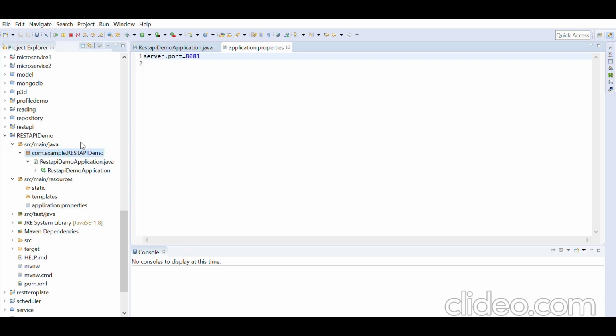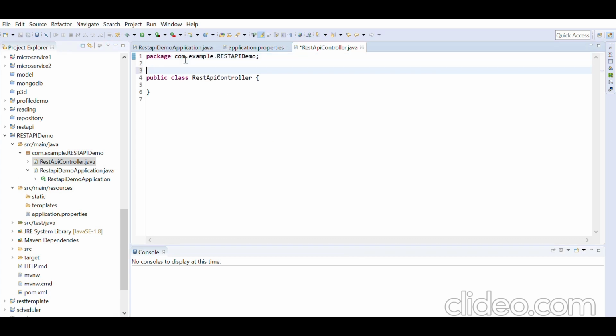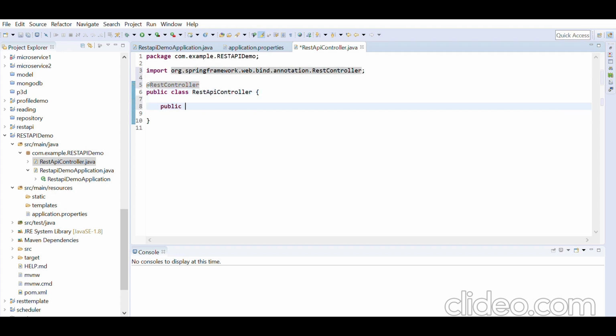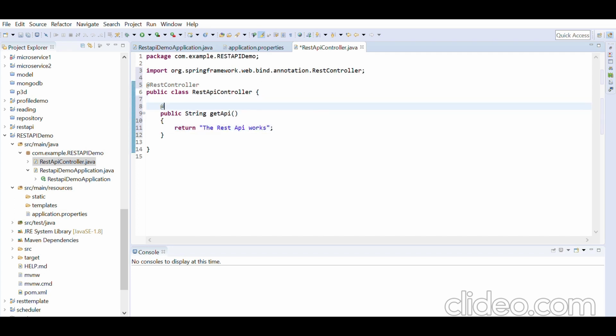Okay. Then let's make a controller. So new. Then we can do this. Then we'll annotate with @RestController, and let's import that. And then let's just create some method that returns a string. We'll say return REST API. Then with some @GetMapping,